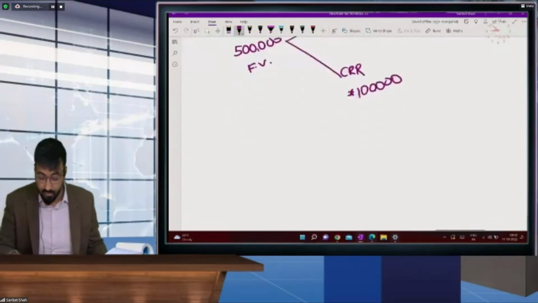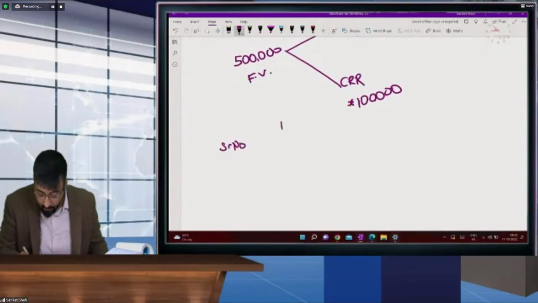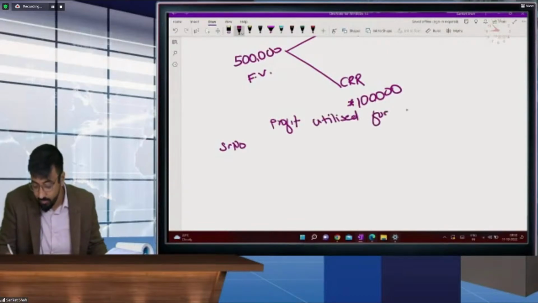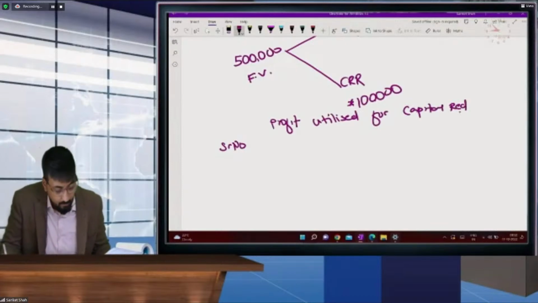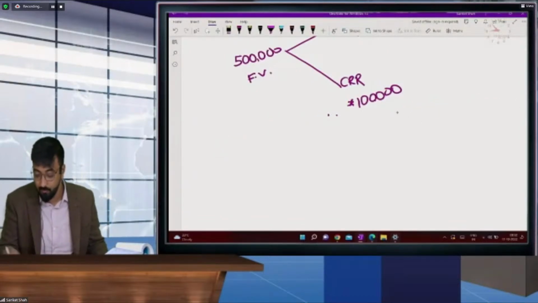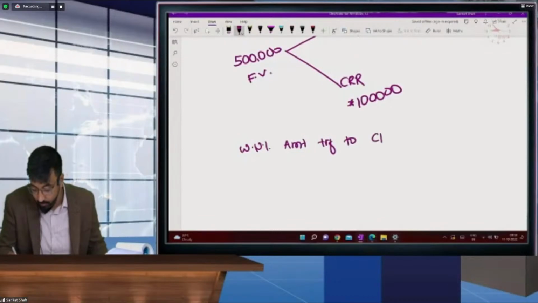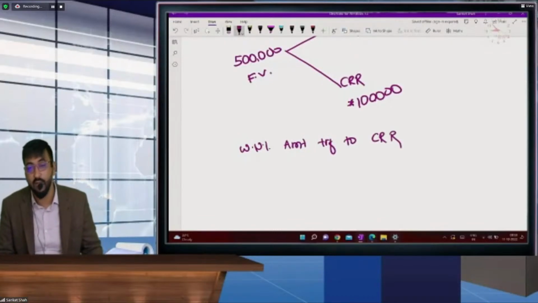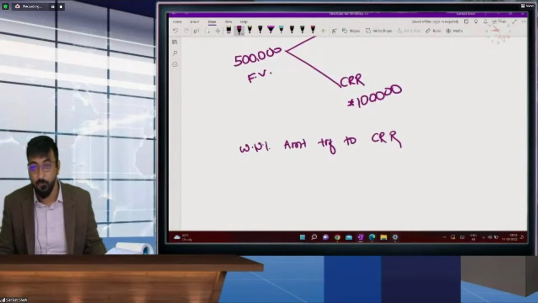Okay. Exam presentation, beta. Profit utilized for capital redemption reserve, or amount to be transferred to CRR, working note 1, amount transferred. I won't write all names, beta. Now you are aware about this, but in exam, please don't use shortcuts. In exam, write full CRR, full forms,